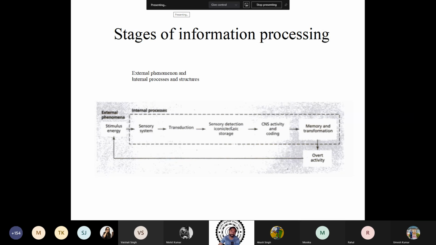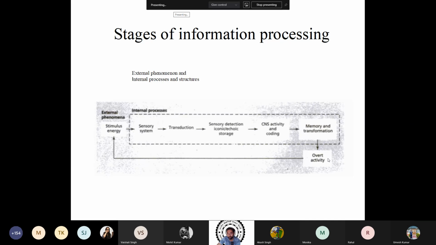So either you can detect some kind of visual stimuli, or you can detect some kind of auditory stimuli. Visual is called iconic, from icon. Echoic, from echo, is sound. Now to be able to process it, I need some amount of storage. So we have a very small amount of storage to store whatever we are seeing or hearing right now. That then goes into our central nervous system that codes, which means that it forms neural codes for these senses. This goes into memory and it forms a memory, and many a time you also recollect it.